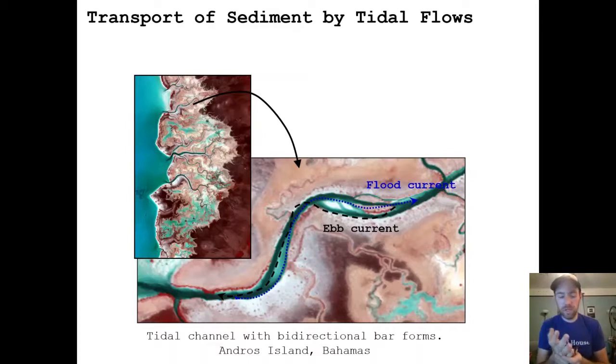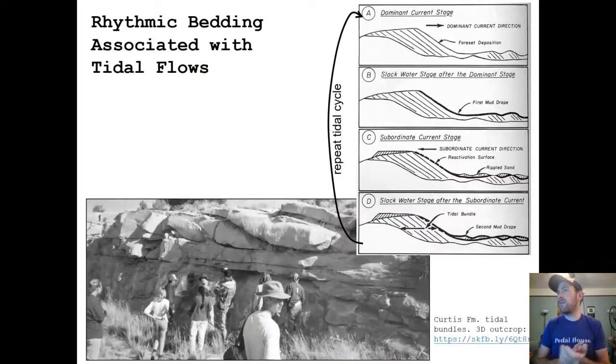Okay. And so what some of these sedimentary structures might look like are what we would end up calling either bidirectional or rhythmic bedding, depending on the system. So here's some examples of rhythmic bedding that you might expect to see in a tidal situation. So these are what are called tidal bundles from the Cretaceous in Utah, Curtis Formation. And as you get a dominant current stage or tide, either current or tide direction, right, you get the foresets that dip typically in the offshore direction, right, and then during the subordinate